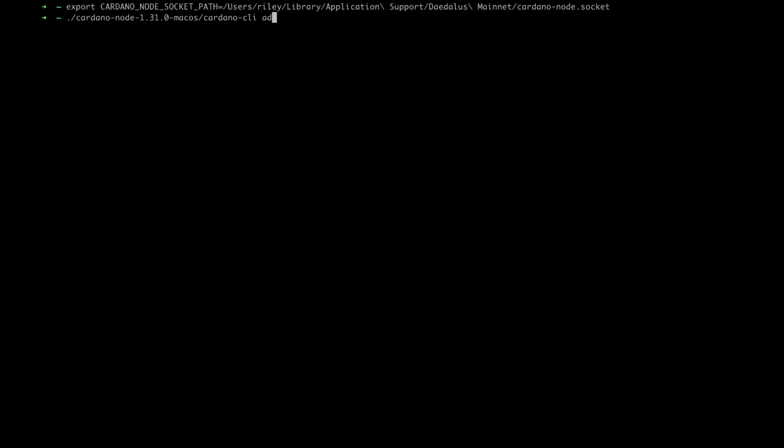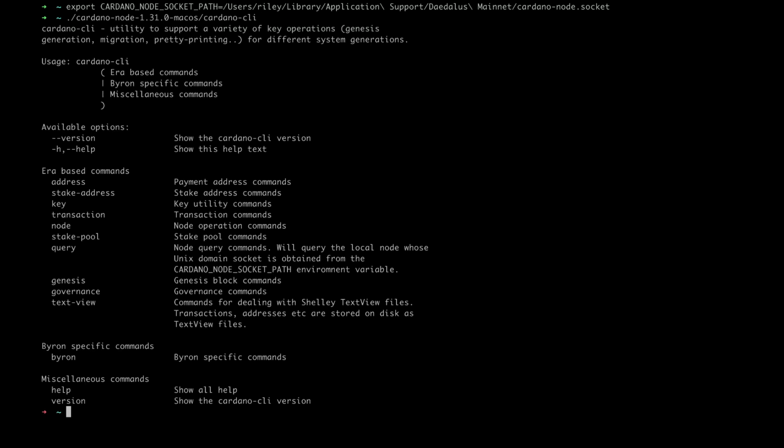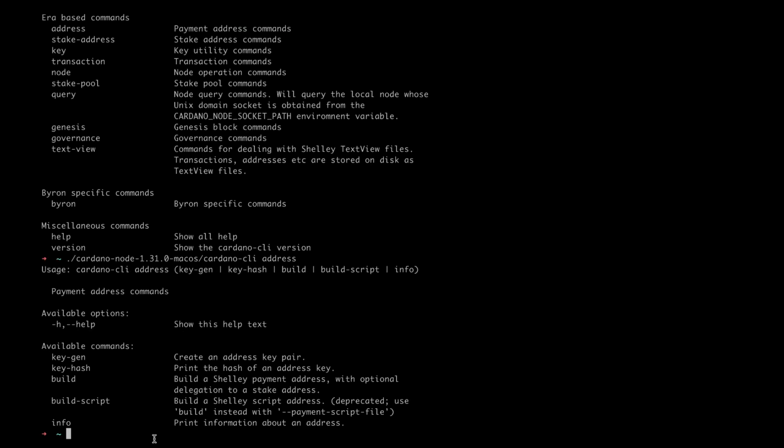We're gonna want to do an address build, right? And basically, there's a bunch of different commands in here. If you just run the CLI command, you'll get an overview of all the commands. If you run the CLI command and then run address, you'll see what you have available here. And what we're actually going to want to do is build an address based on a payment script file, and the payment script file is located in